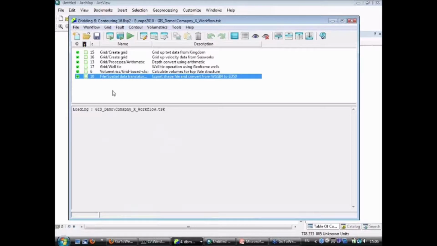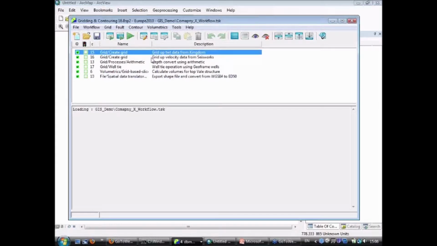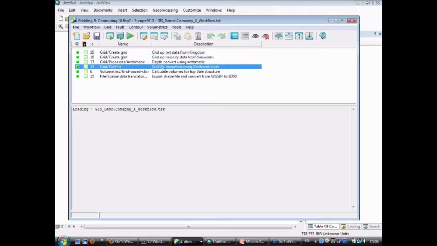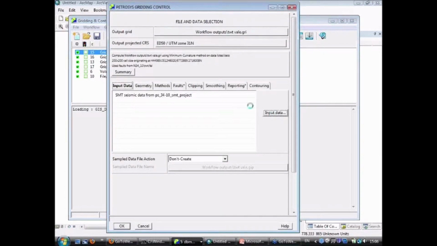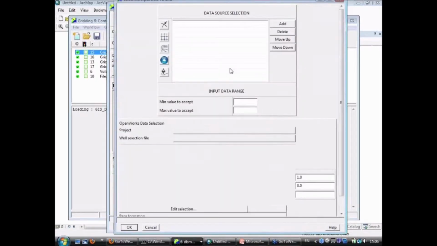So if we have a look at the workflow Company X was using, we can see that they're doing a number of different tasks which involved accessing data from disparate data stores. These data stores are disparate because they had no direct connections to each other and may be on different operating system platforms. So if I open up the first task and have a look more closely at the input data, we can see that this task